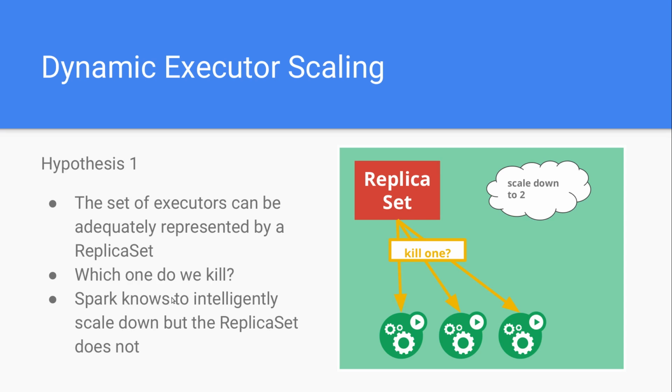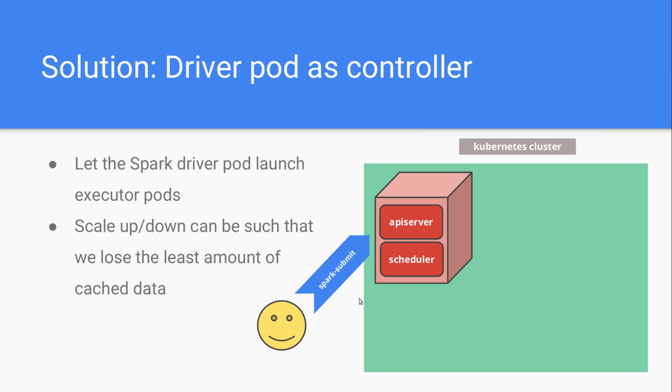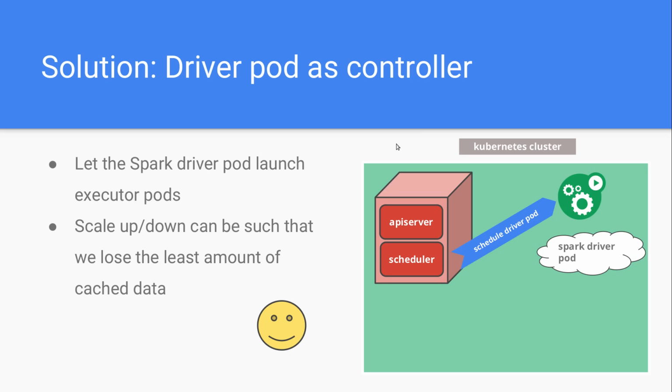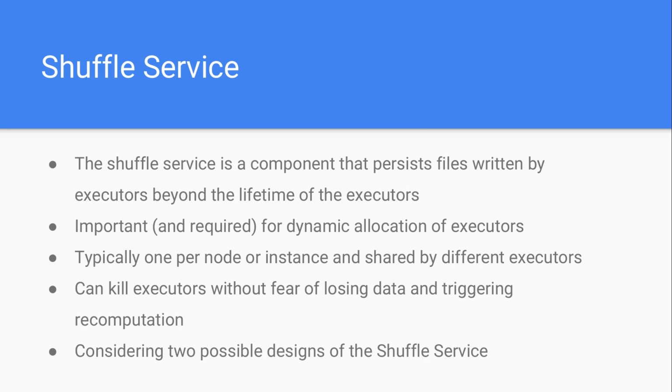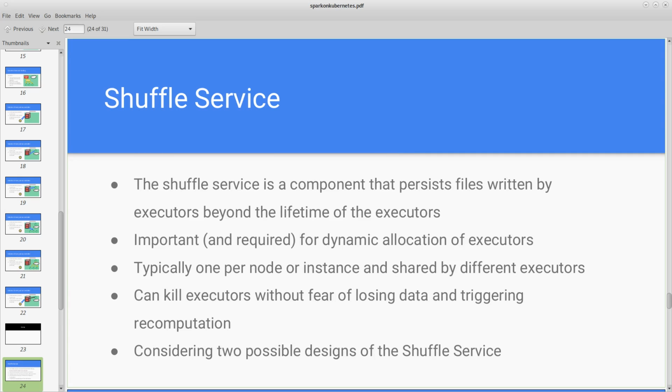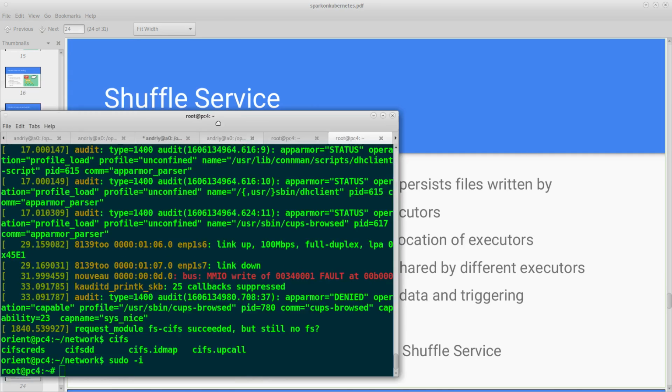Spark knows how to intelligently scale down. Replica set can do it. Okay, a few solutions we have for this option, but maybe it's too complicated for us. Let's move to some demo, yes, and let's try to run